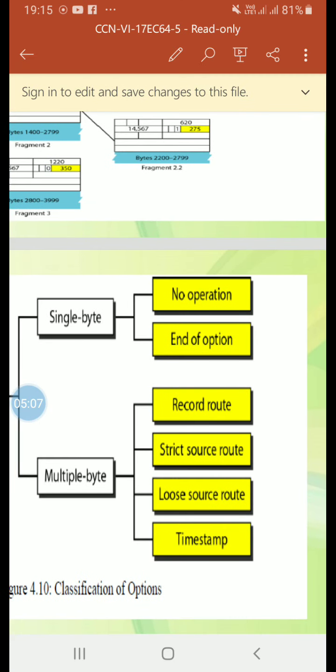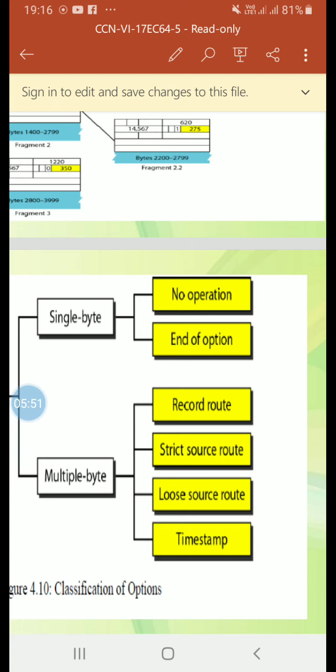Next we'll see security of the IP version 4 datagram. The IP version 4 protocol as well as the whole internet was started when internet users trusted each other. So this IP version 4 protocol was not provided with security, but at present the internet is not secure anymore. There are three security issues which are particularly applicable to the IP protocol: first is packet sniffing, second is packet modification, and third is IP spoofing.